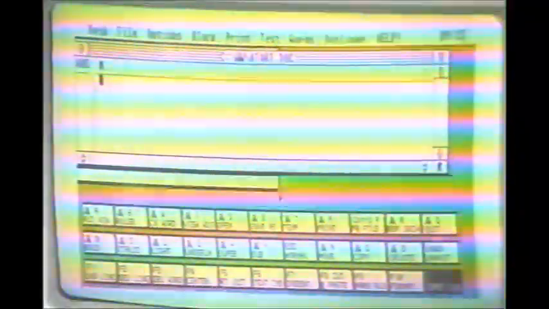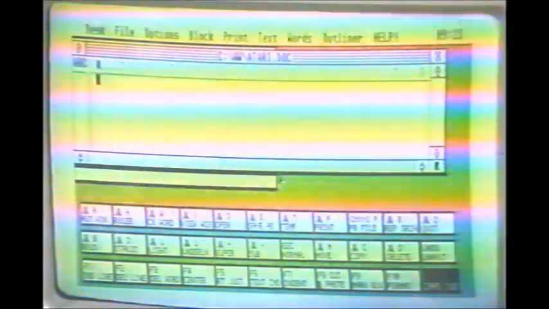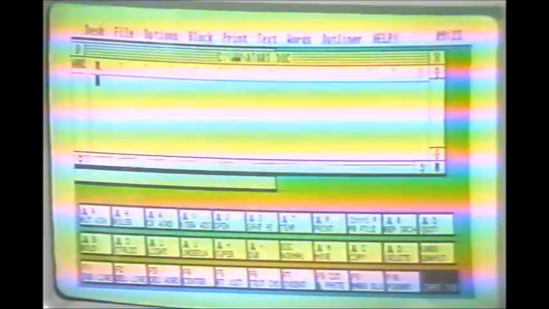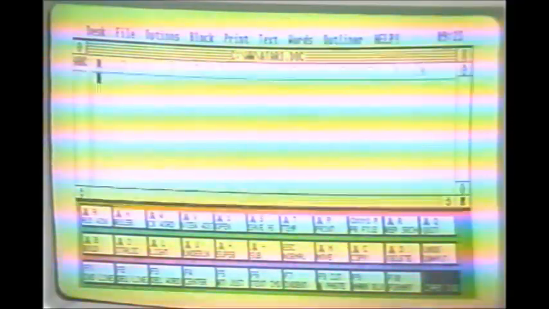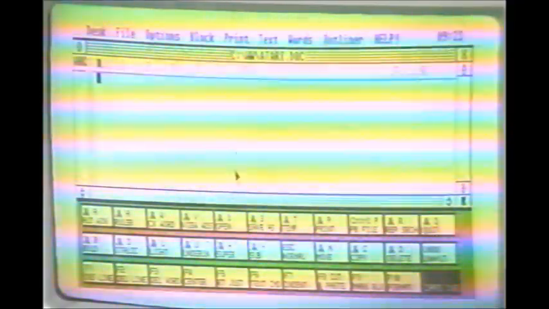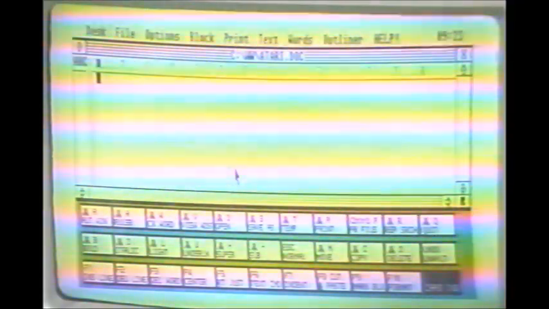Put the pointer on the window in the background and hit the button. The sample document went to the background now, and the Atari document's in the foreground. If you notice, it's in a window, and the window is blank. So let's say now I want to take those two paragraphs and I want to put them into this new